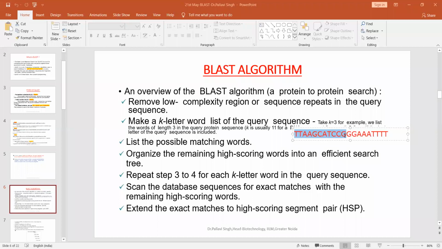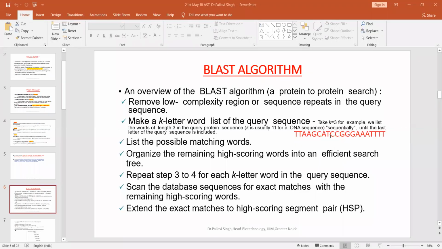So K is a small fragment of the sequence, having a size of 3 in case of a protein sequence and a size of 11 in case of a nucleotide sequence. I am going to search the best matching homologs in the database against this K-size fragment of my query sequence. This will be my first round of searching. In the second round, I will ignore my first nucleotide and start from the second letter. Again go till 11. This is my next stretch. In the third round, I will start from the third letter, from this A.